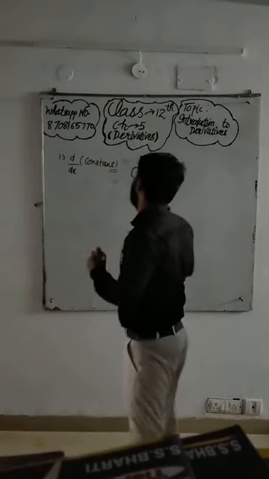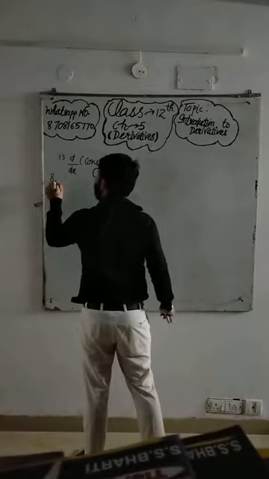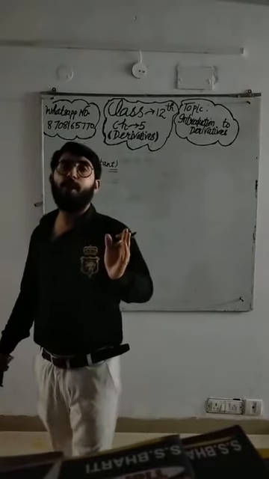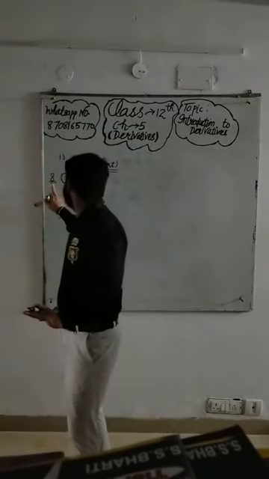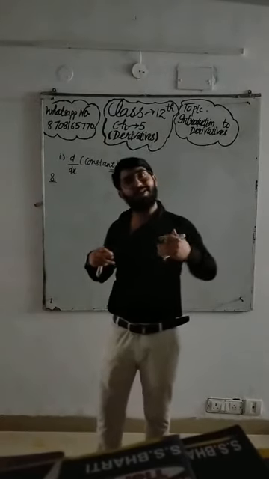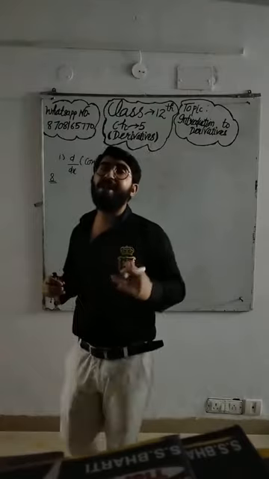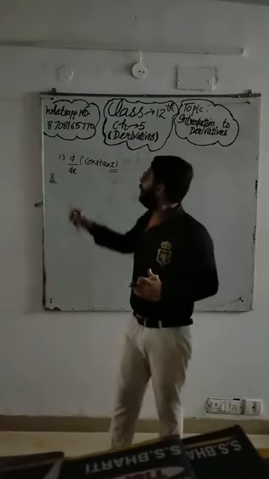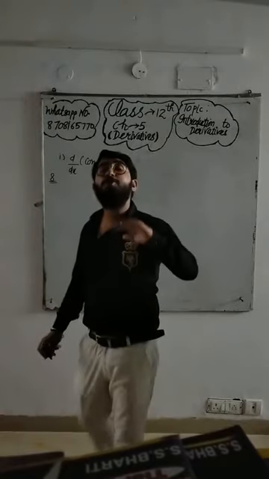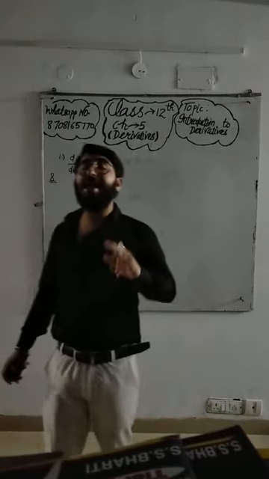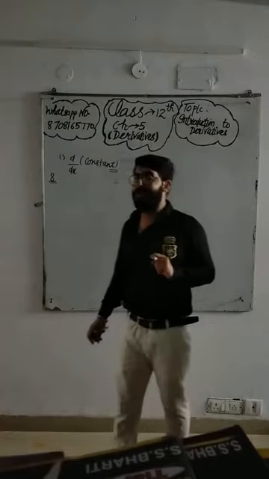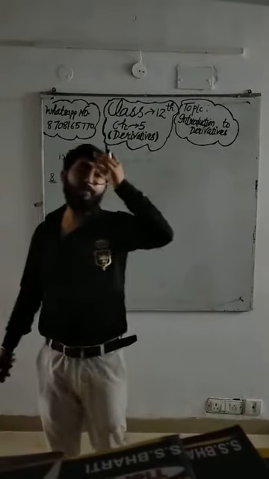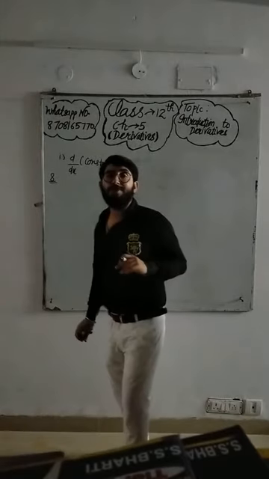Let us suppose I have taken an example, 8. When you were in class 2, you learned this digit 8. Now you are in class 12. Tell me one thing, did this 8 also grow up with your age or not? You have grown up, but this 8 is still 8. It was 8, it is 8 and it will be 8 only. Clear? So it is a constant.